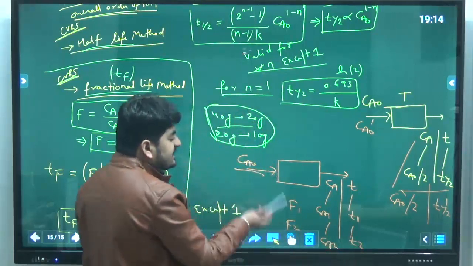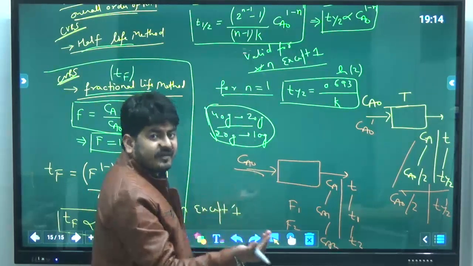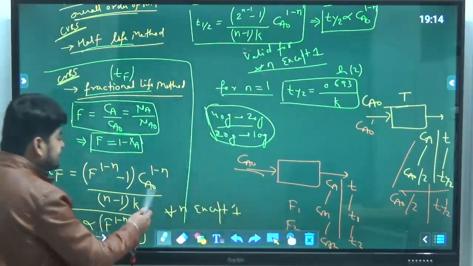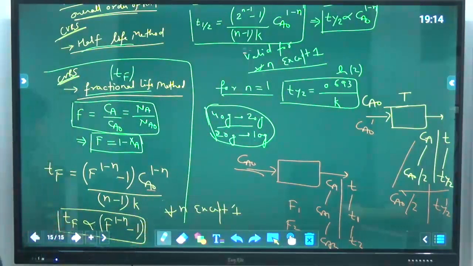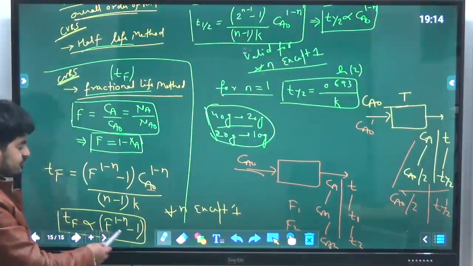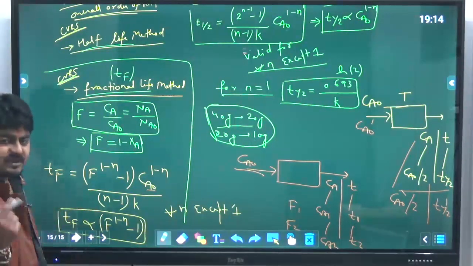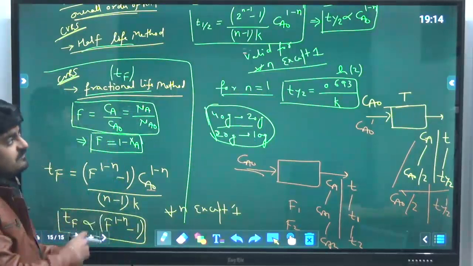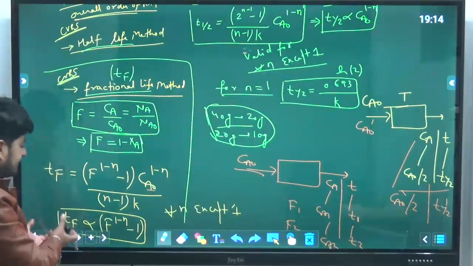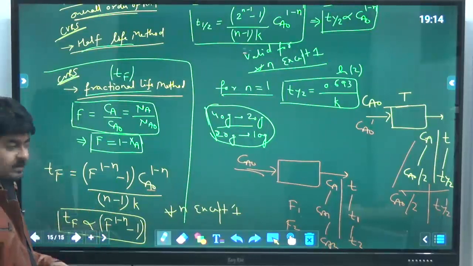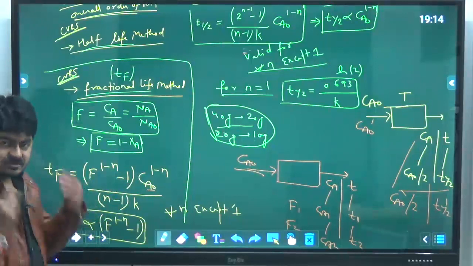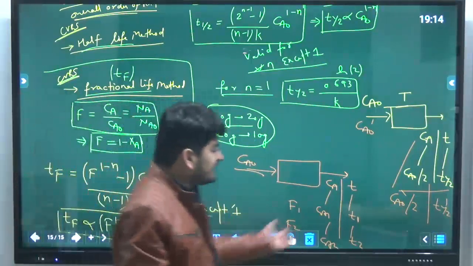So from the same experiment, a single run of the experiment, I get two data sets. That's why I am keeping Ca0 constant here. Okay, so Tf is proportional to this only. So it should be clear in your mind why T half is proportional to Ca0 and why Tf is proportional to F. I am not keeping Ca0 constant there, but here I am keeping Ca0 constant. So this thing should be clear in your mind, and this is the reason.